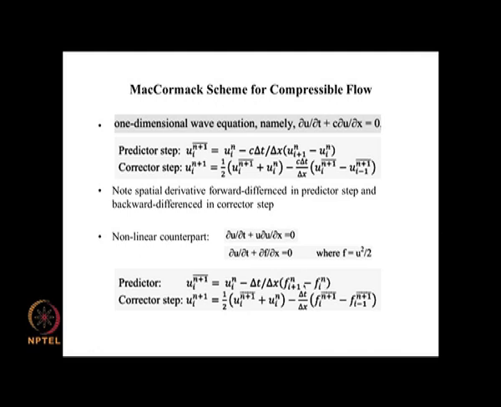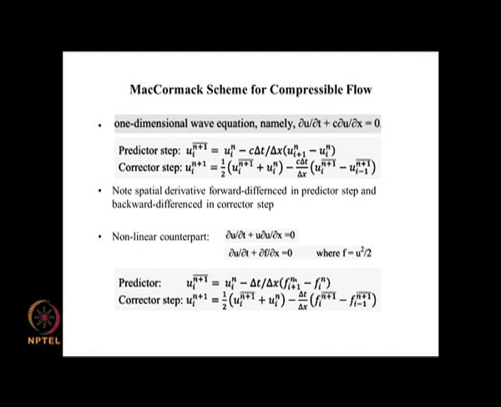Now, this is forward differencing. When you come to the corrector step, u_i^(n+1), which is the final value that you are looking at, is half of the provisional value plus the old value minus delta t by delta x and F_i minus F_(i-1), making it backward differencing based on the flux values evaluated at n plus 1 bar. So, this and this one are similar, except that you are putting it as a flux here, and that allows you to bring in the u into this and then make the evaluation here, and that is how we can proceed.